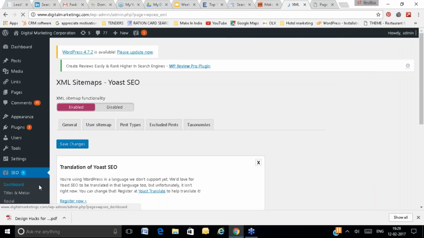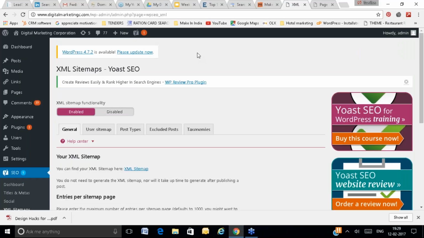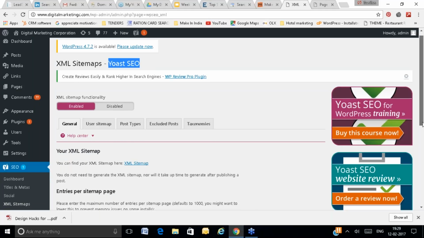This is appearing only because we have used one plugin, that plugin is Yoast SEO. You can use Yoast, or All in One SEO, or many other SEO plugins available for WordPress. You can use any good SEO plugin, and they will take care of your sitemap. They will create the sitemap for you, right?